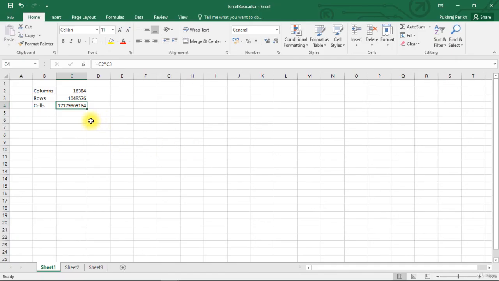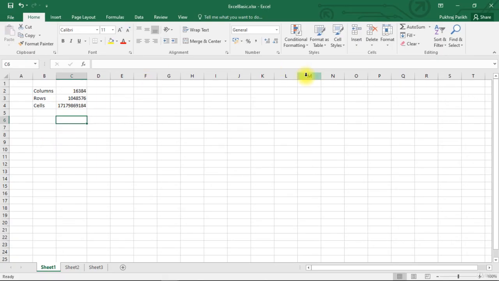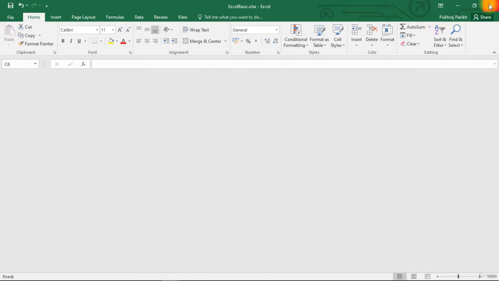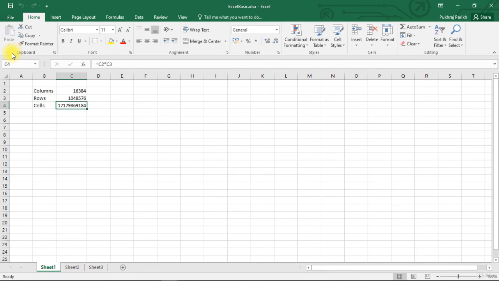Once a file is saved in its location, whenever you make any changes to it, you can just press this save button, or you can go to file option and click on save. Now let's close this file once and open it again using this saved file icon. You can see that your file was successfully saved. You can open it anytime and work on it again whenever you feel like.